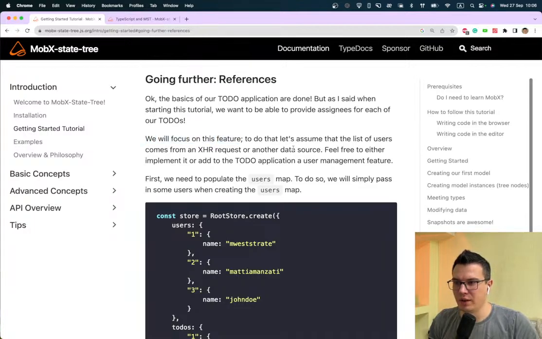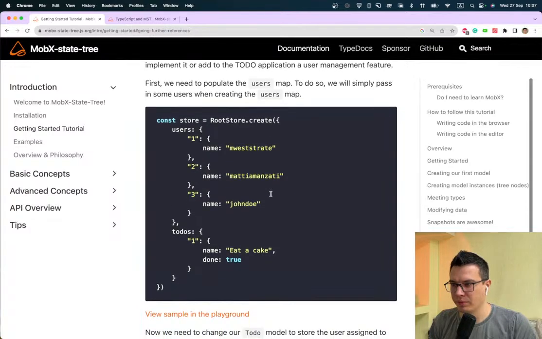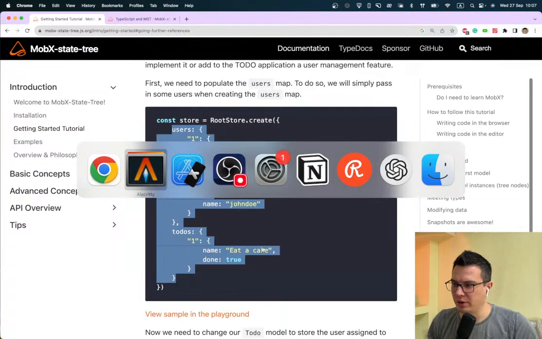To do that, let's assume that the list of users comes from an XHR request or another data source. Feel free to either implement it or add a user management feature to the application. First, we need to populate the users map. To do so, we'll simply pass in some users when creating the users map. So we can do this on create